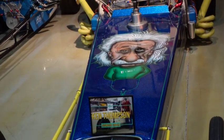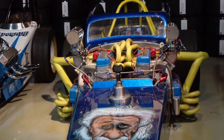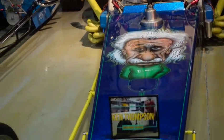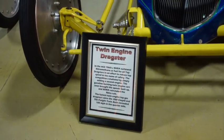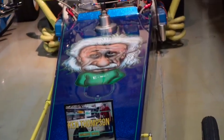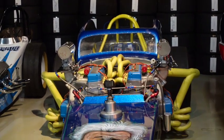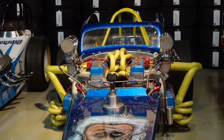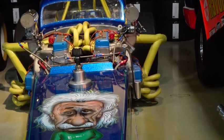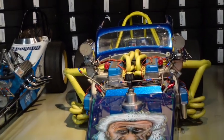Well, this thing right here is a twin-engine dragster, and the guy who built this car lives over in Denver. He can do anything with an English wheel or anything that you think about in racing. He designed the exhaust system on this thing to get the max flow out of it for horsepower. But he's out of Denver as well. Yes, he's out of Denver right here. Okay. But anyway,